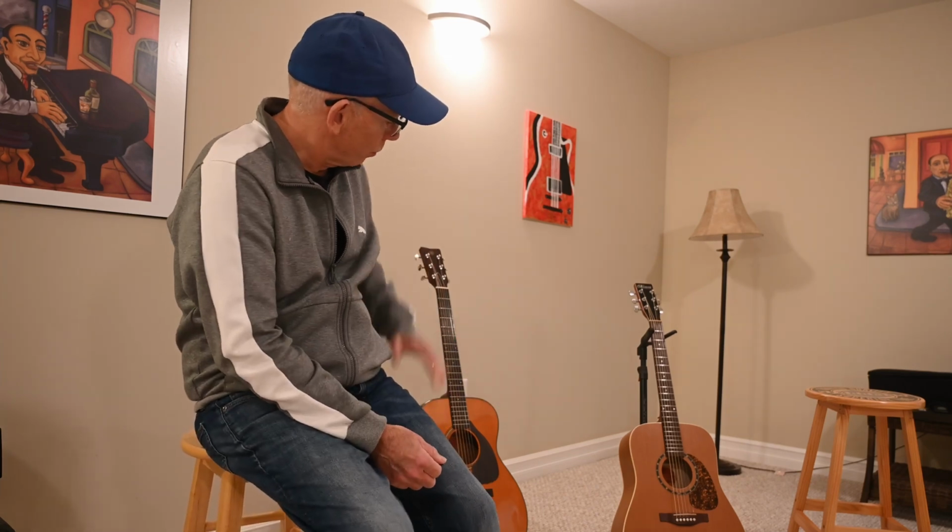So in the host today I have a cedar top guitar and a spruce top guitar that should not be comparable whatsoever. But playing them around with new strings on both of them now, they have a tone that's kind of similar. And it's kind of striking. But anyway, so one is